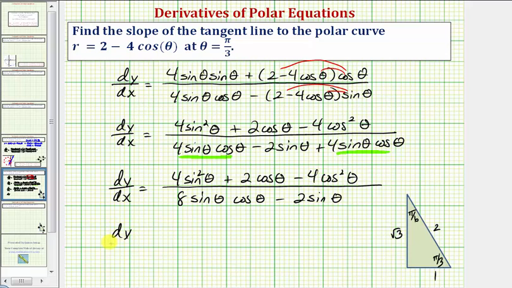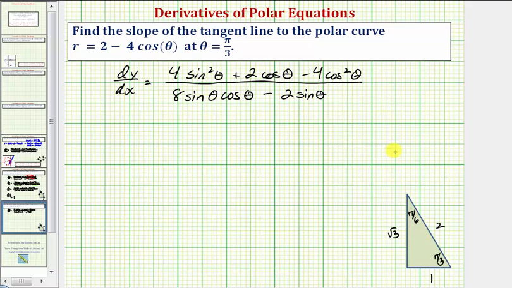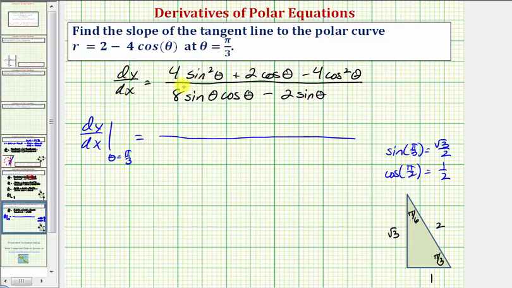And now we'll evaluate our derivative function at theta equals pi over 3. Looking at a reference triangle here, notice that sine pi over 3 radians is going to be equal to the ratio of the opposite side to the hypotenuse, or square root 3 divided by 2. As we saw before, cosine pi over 3 is equal to 1/2. And therefore dy/dx evaluated at theta equals pi over 3 is going to be equal to, the numerator is going to be 4 times sine pi over 3 squared, that'd be square root 3 divided by 2 squared, plus 2 times